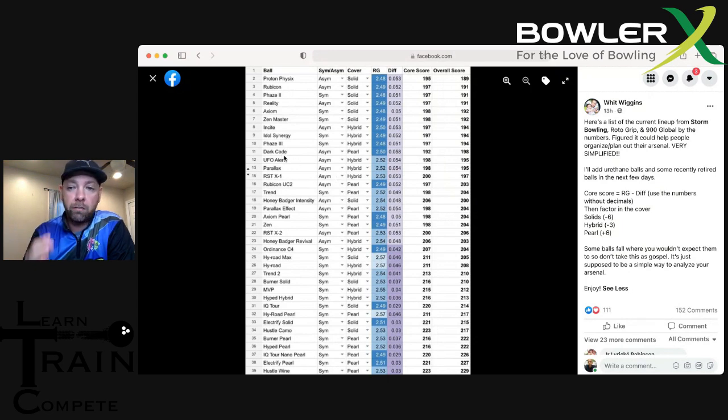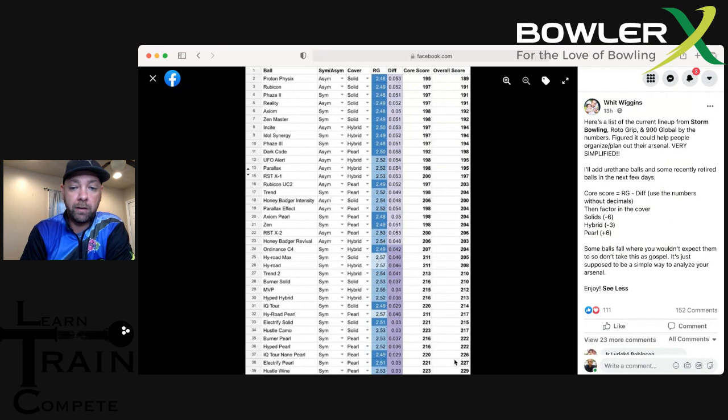If you're creating a 3-ball arsenal, why would you want to drill both those balls unless you drill one to be a short pin, one to be a long pin, and you make those extreme differences on the layout? Now that's different, but this again is meant to be simple.